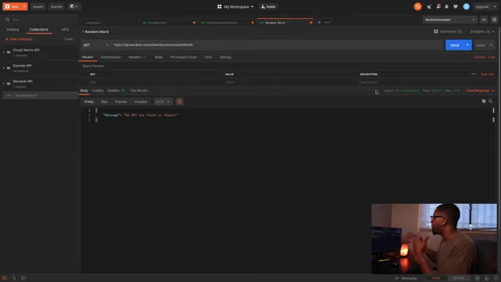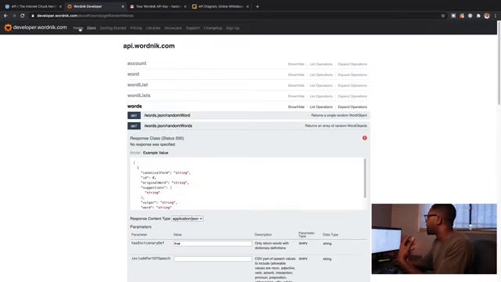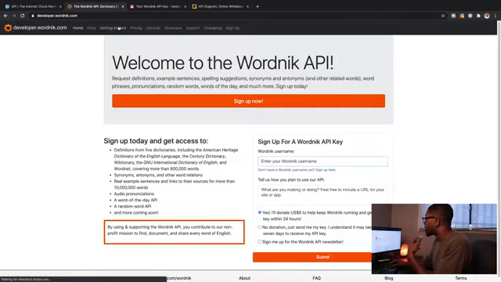Okay, so now that we can see that we have these 401 codes, we have these 200 codes, and there's a bunch of other codes, 403, 500, and they tell us different things about our request, and we know this one's not working now because of authorization. Now we've got to figure out what to do to fix that, right? So now if we go back over to our browser and we look at WordNik and we go to the documentation,